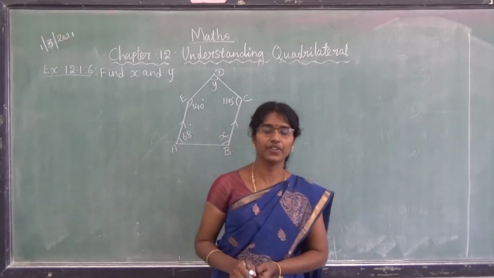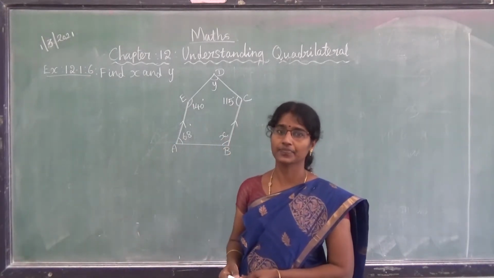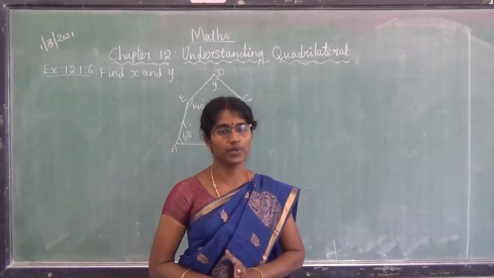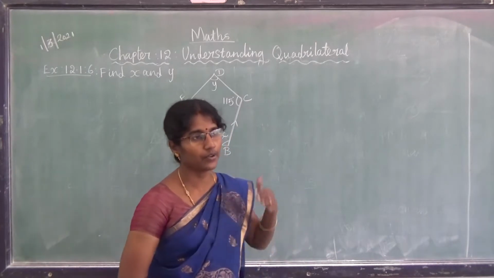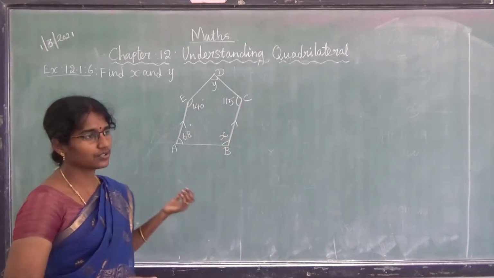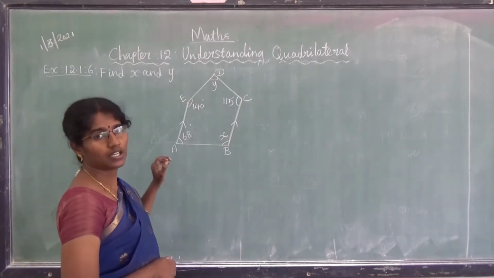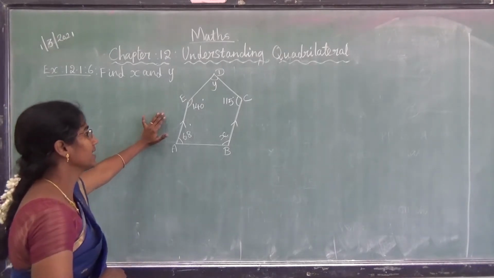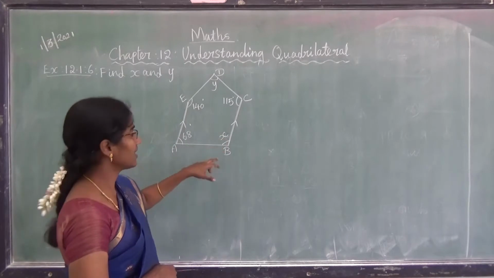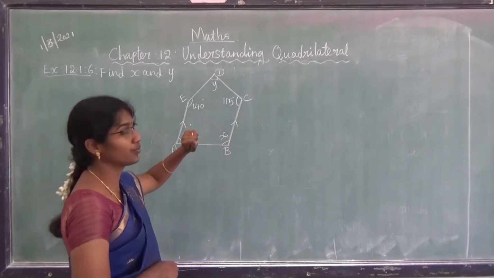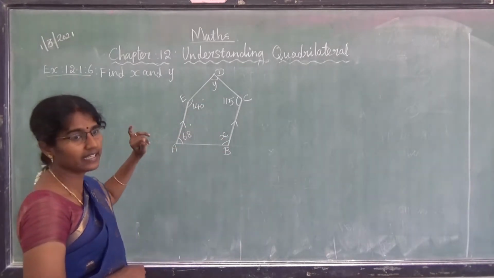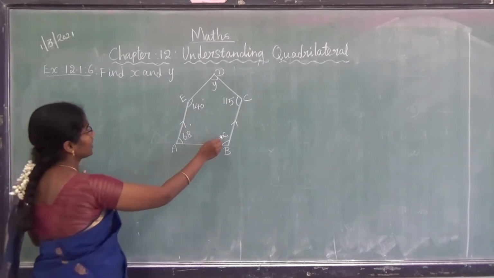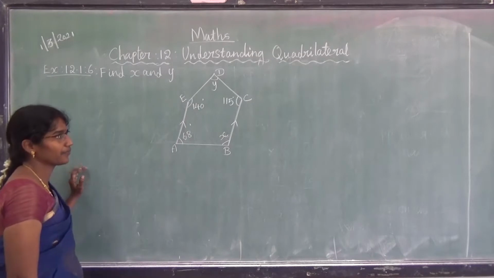Hi, in the previous video we saw parallel lines cut by a transversal and the triangle properties, isn't it so? Now we are going to apply those properties to solve problems. You can see the problem: the figure is given, some angles are marked, and some angles are given as x and y. All are interior angles, is it so? Now we are going to find the value of x and y in the given figure.